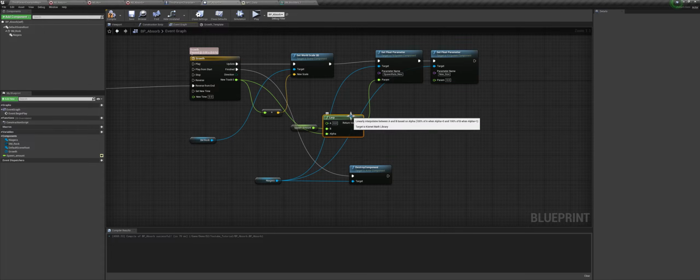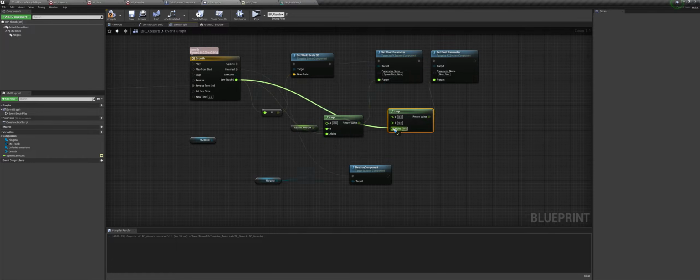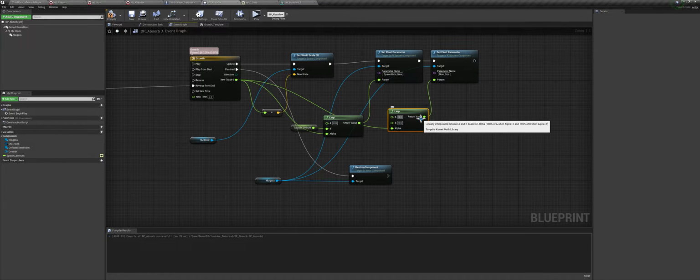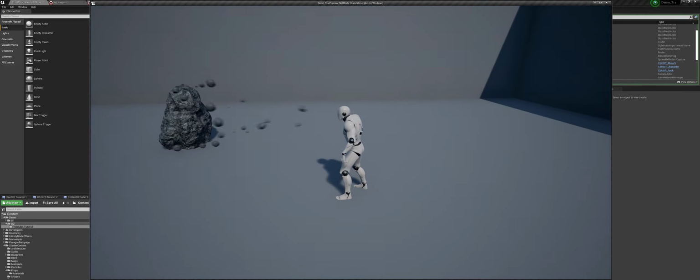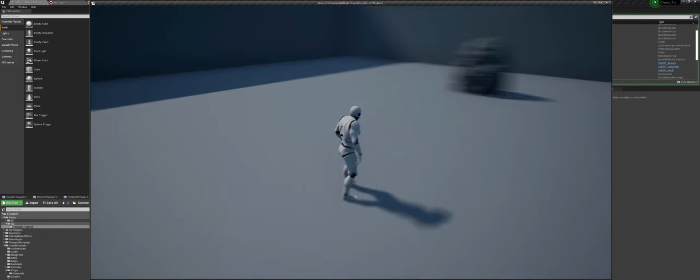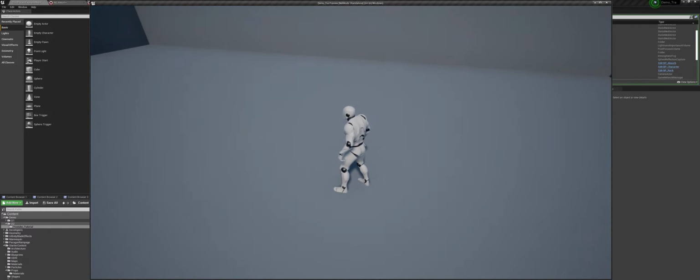Now we can get another lerp and we can connect this here and we will change this value to 0.1 and we will change this value to 0.5. Maybe we will change this value to 0.01. And now if I press play, you can see that it is getting smaller and smaller like that. So that's what we want.